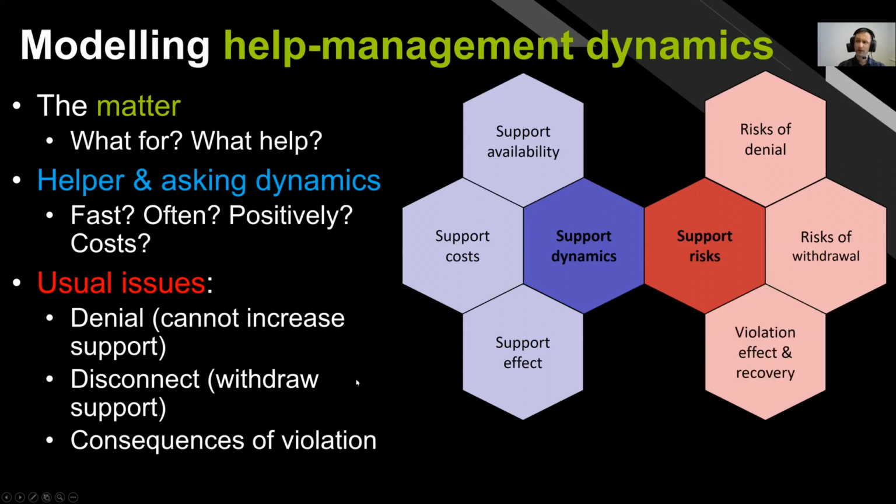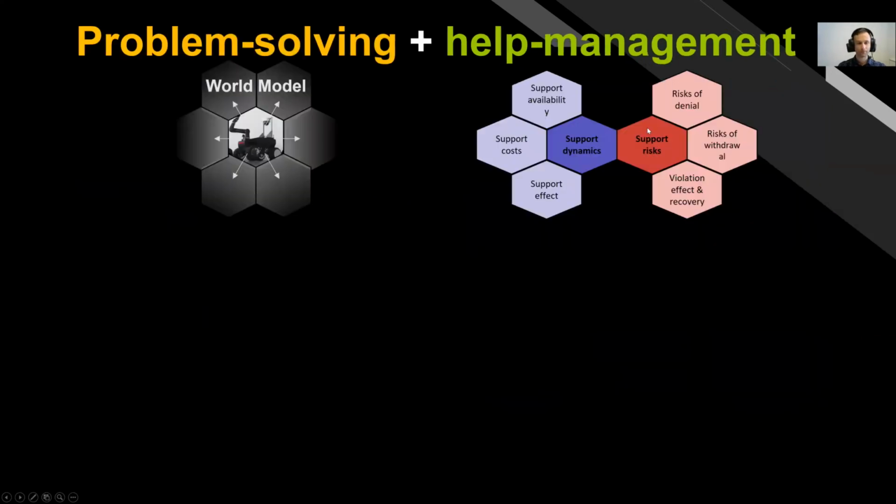And if you are in this situation, out of support unexpectedly, what are the consequences? So, for instance, it might be that rather than continuing your super crawl swimming, you might say, well, I'm not being watched, so now I'm getting into a safe position because the sea is a bit dangerous. And when I'm going to be watched again, then I'm going to go back to my effective swimming.